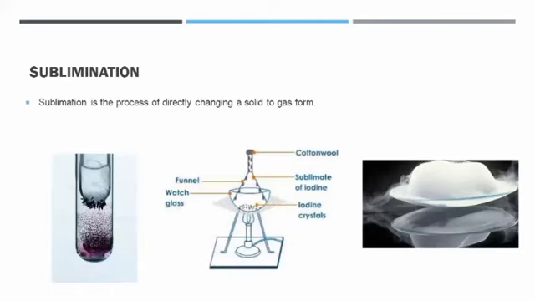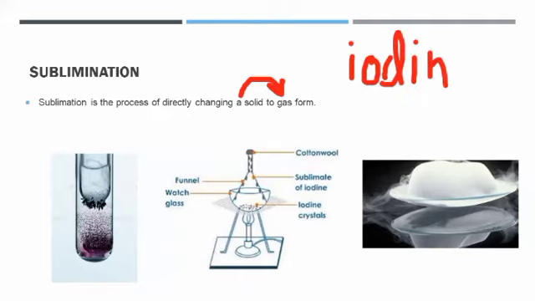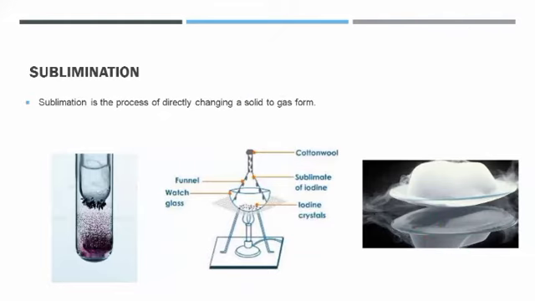Now, then you have sublimation. Sublimation is the process for only subliming substances. What are subliming substances? Subliming substances are those that change directly from solid to gas without changing into a liquid in between. What are examples of subliming substances? We have a very famous example, iodine. We have naphthalene, we have dry ice, which is a very famous example. So these are examples of subliming substances, and through sublimation we can separate them from any mixture.